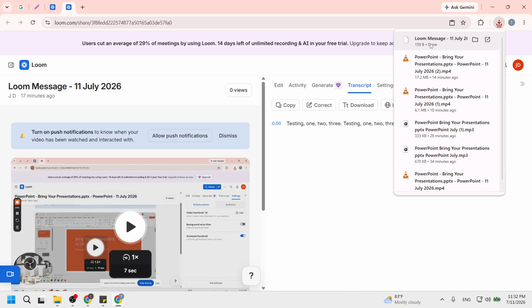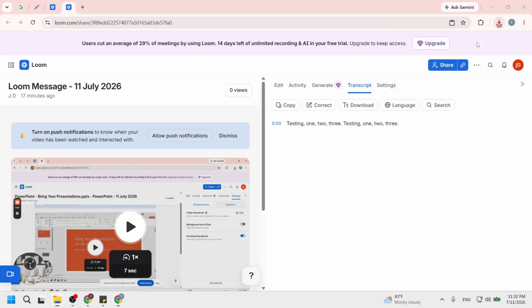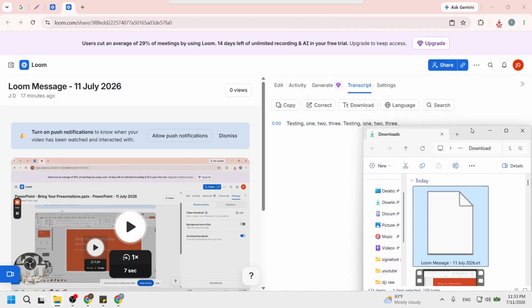Finally, check your downloads folder to locate the SRT file. You can now open it with a text editor or any compatible software. This file will contain the transcript of your video, ready for you to reference or use as needed. Remember, having a transcript is a valuable asset for accessibility and content management.